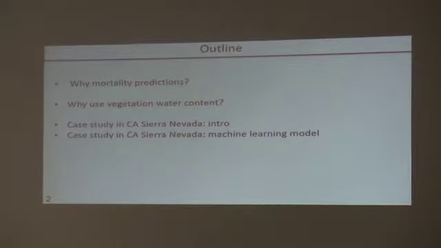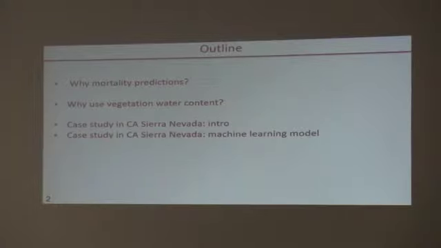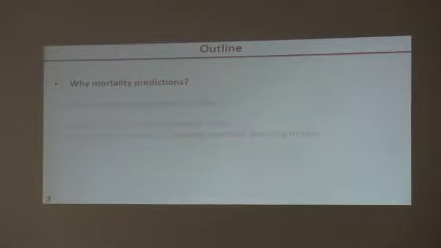Then I'll say why we think vegetation water content is useful, which actually comes from work in this lab, and then really go on to try and prove that to you with remote sensing data. And so we have a case study here in the Sierra Nevada in the recent 2012-2016 drought. We'll give some general results, but then you'll see we really try and kind of be the most convincing by mathematically closing the loop through a machine learning model. So I'll go through all of that, but really I want to start by talking about tree mortality a little